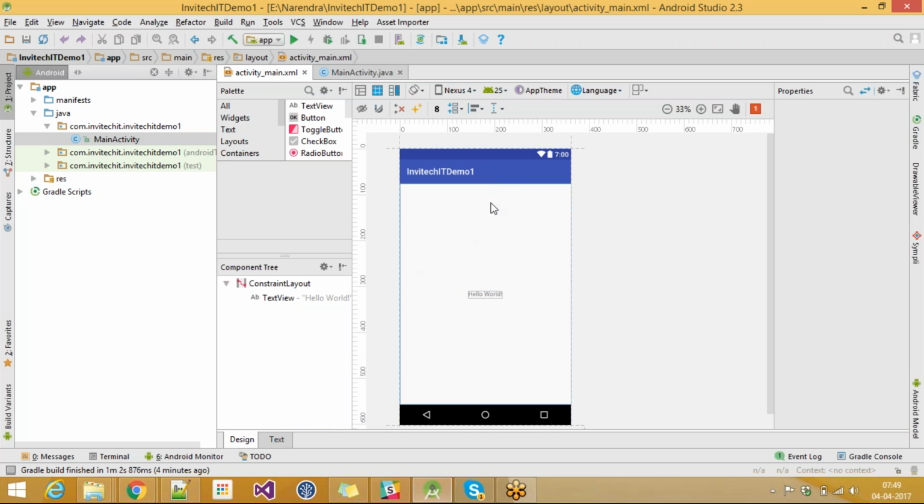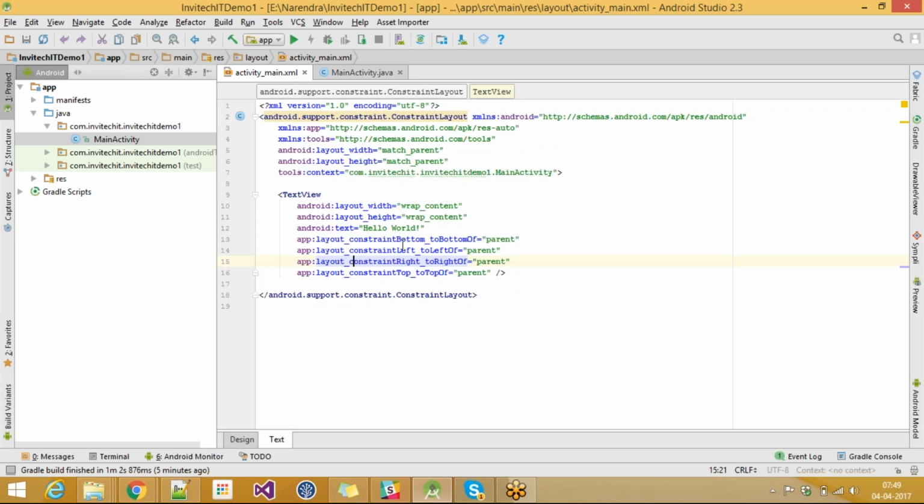By default this toolbar will come, and we can customize it. It will show the application name or usually the activity name, and we can even customize this. By default the application name will come here. Our application name is Invitec IT Demo 1, so that's the name it will show, and hello world is the text we can